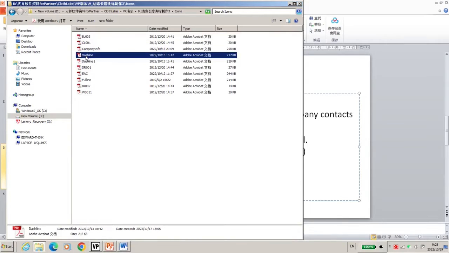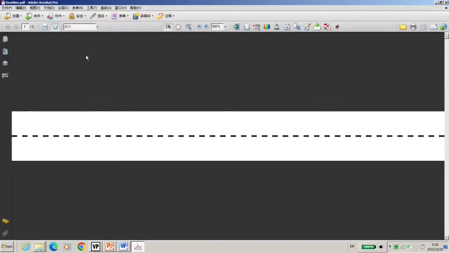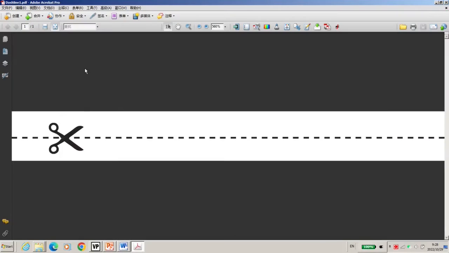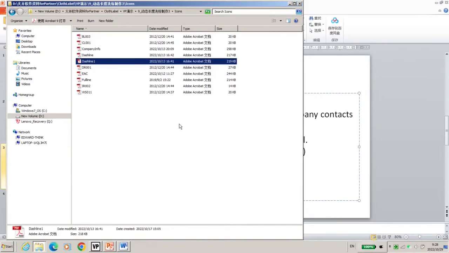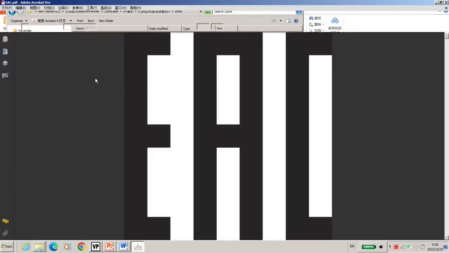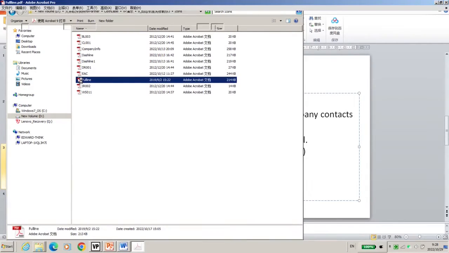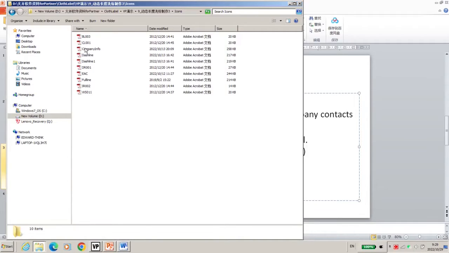We also prepare a dash line image, because the dash line width is 35 or 40. So here is 40, 35. So it's a dash line. And another dash line type is like this. Why do we do that? Because in the job there are two dash line types. This is EAC, and another is a full line like this. Now the PDF image is ready.